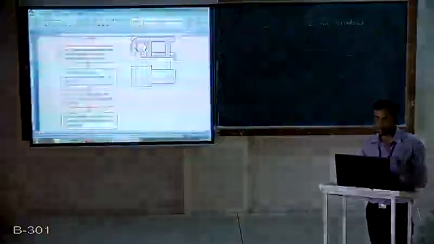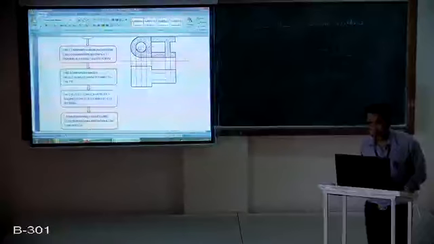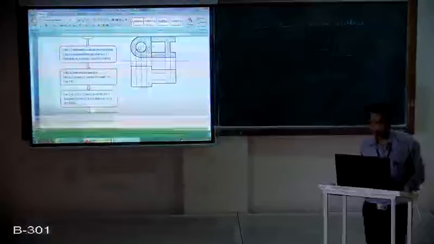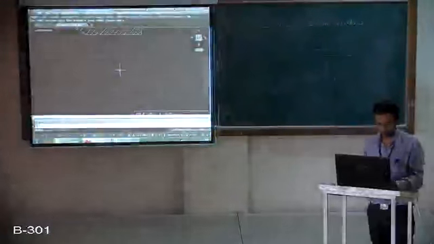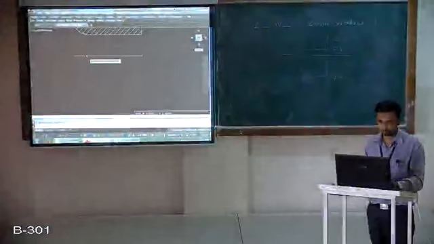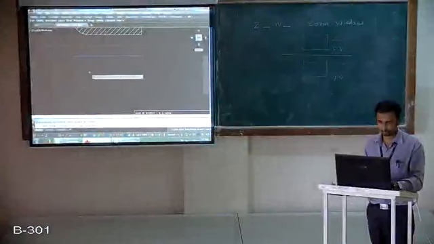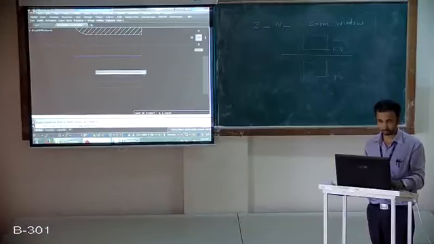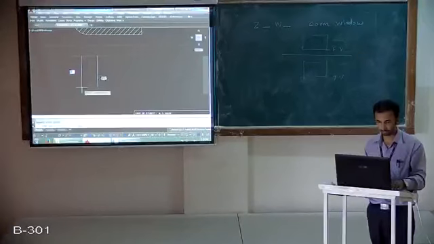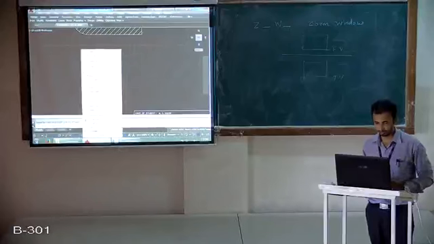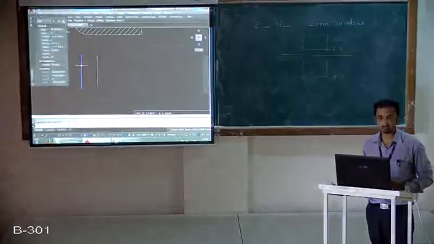Select any one line, right click, go to properties, change its color to yellow, then its line type to dashed line, and line type scale to 0.05, enter. Okay, then use match properties. MA is the shortcut for match properties. Click on this line, escape. The middle line is as usual center line, so we can convert it to the center line like this.